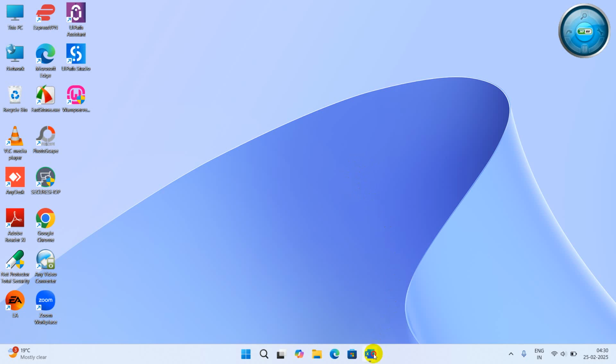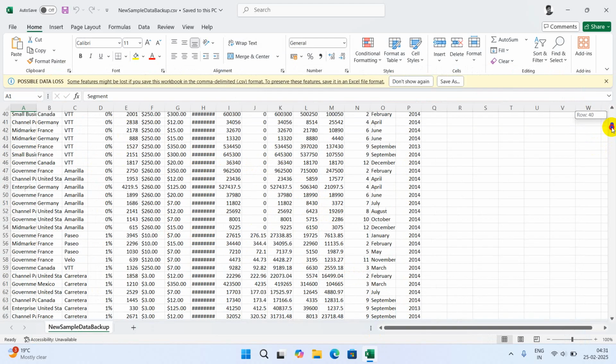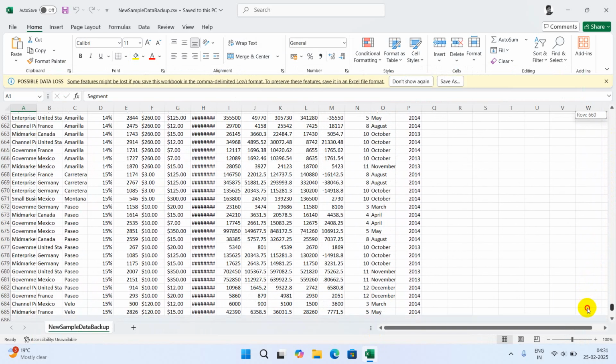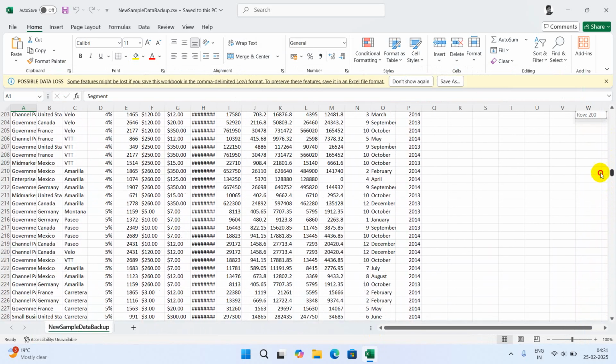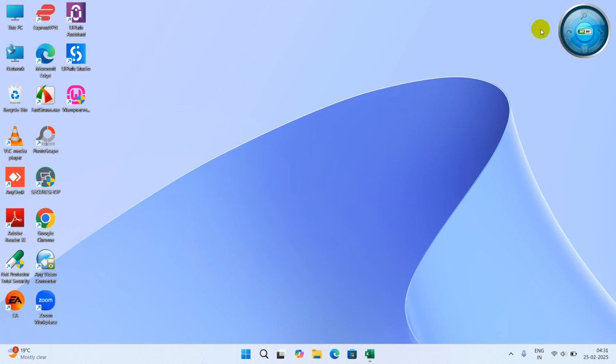Today we'll be learning how to insert this Excel CSV data into a database like MySQL server using UiPath Studio. So here I have 700 rows in this particular Excel CSV file and I need to insert this data into the MySQL server. To insert this into MySQL server, I need to download something called WAMP server,